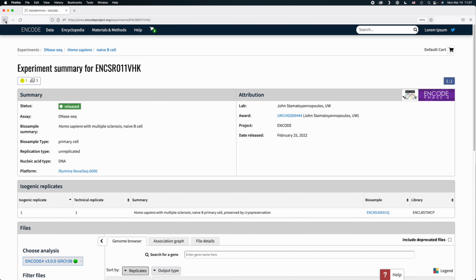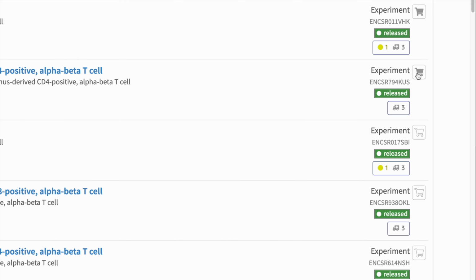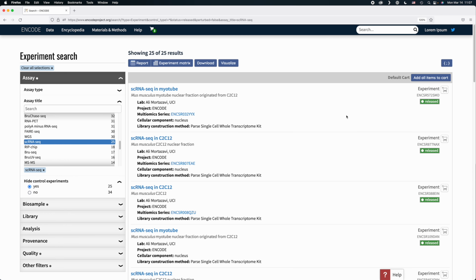If we go back to the list page, you can add each dataset you see individually. You also have an Add All Items to Cart button, and if you filter the list to some reasonable number and click that button, all the listed items get added to your current cart. By reasonable number, each cart can hold up to 8,000 datasets, but if you add more than a few dozen, you'll see the performance of the cart page that we looked at in Part 1 go way down.